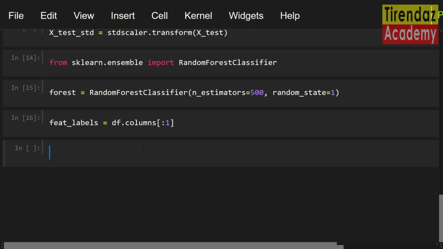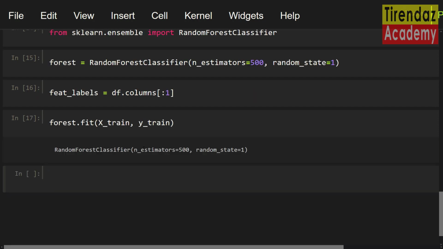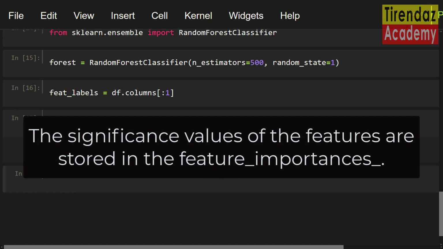Let's build the model using the training data. To do this, let me set forest, and I'm gonna use the fit method: X_train, y_train. Okay, we built the model. The importance values of the features are stored in feature_importances_.